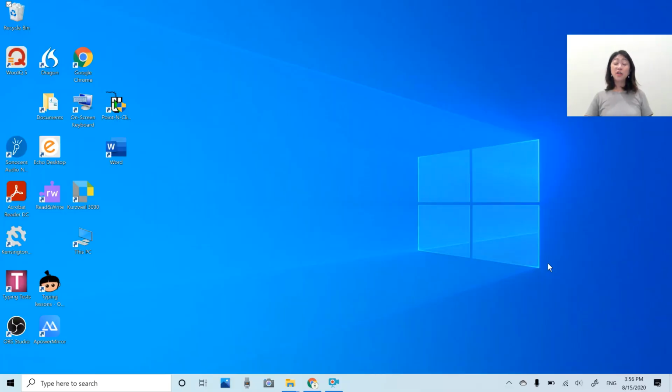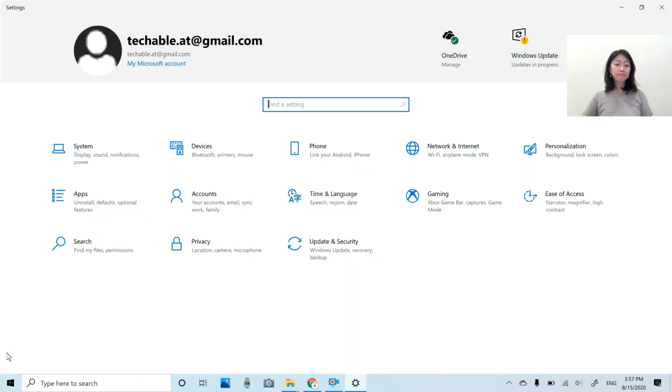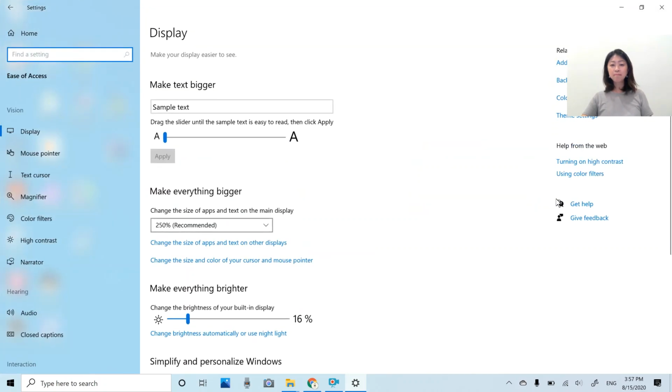To use the Eye Tracker 5 to control a computer, you first need to turn on the Windows Eye Control feature. To turn on this feature, go to Start menu and then click Settings and click Ease of Access.